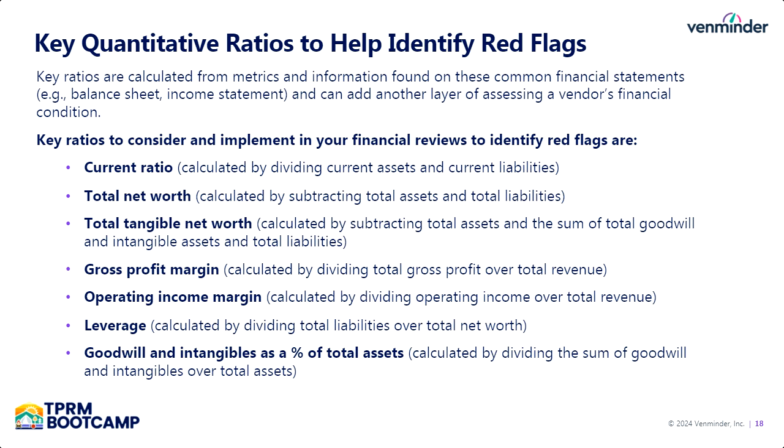From a quantitative ratio perspective, you want to also get ahead of identifying red flags. So these are nice rules of thumb, and this is not an exhaustive list by any means, but these are commonly seen ratios that you can use from the 3 financial statements and come up with to help get ahead of some of the red flag identification and other areas you're looking into. Again, this is not exhaustive, and we have a lot of collateral available online for free if you would like to get an understanding of any of these in more detail.